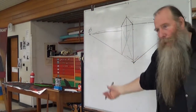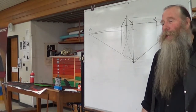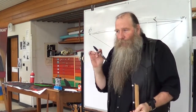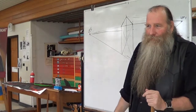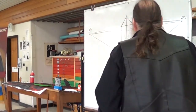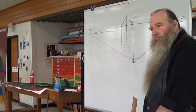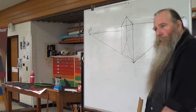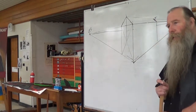So I don't think it's going to quite reach there, but it's not too far. If you have a big enough piece of paper, yeah, you can plot it out there. But I'm just making you aware that there is another point there. And if you are aware of the rules, you can just sort of guess. Okay, you can get away with a lot if you know the rules. So as you become more experienced and you put more time in, the mental imagery helps you set the picture out anyway. Because of that, learning the depth and how to...